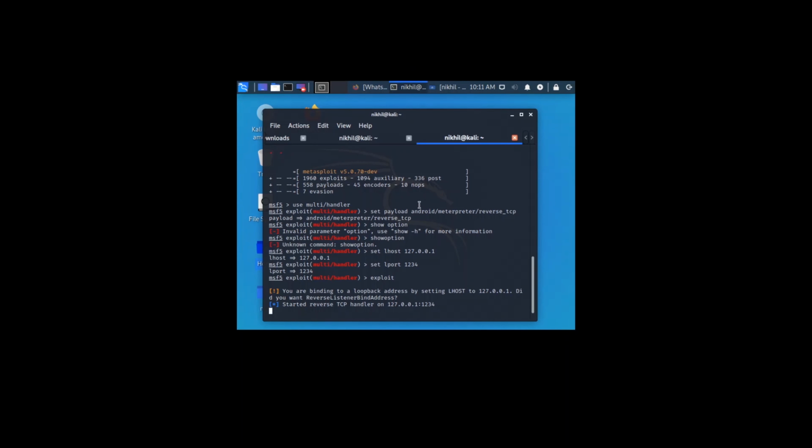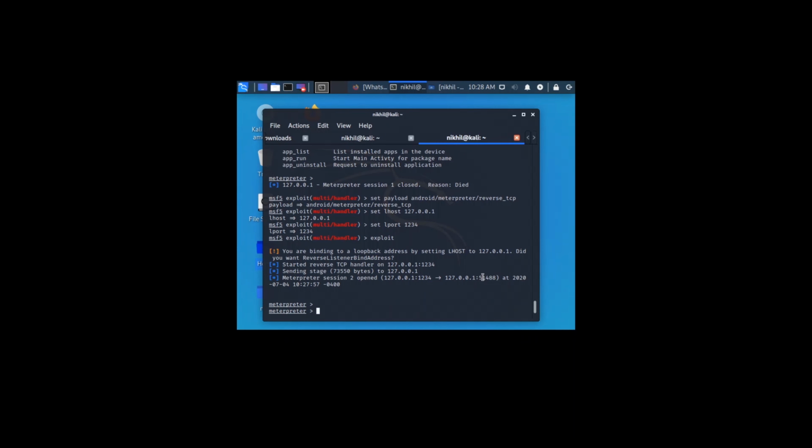For your confirmation, when the app is installed, you can see the session there. Where is it? Yeah, I got it. Guys, we have got the session here.